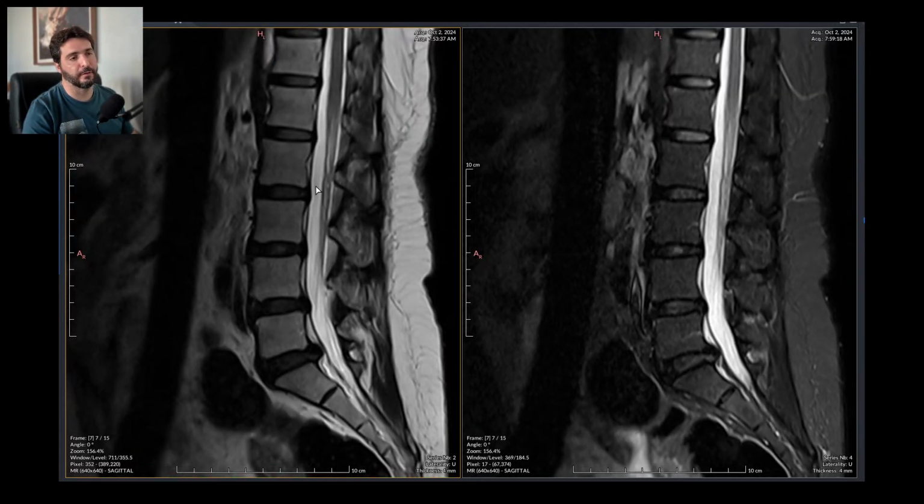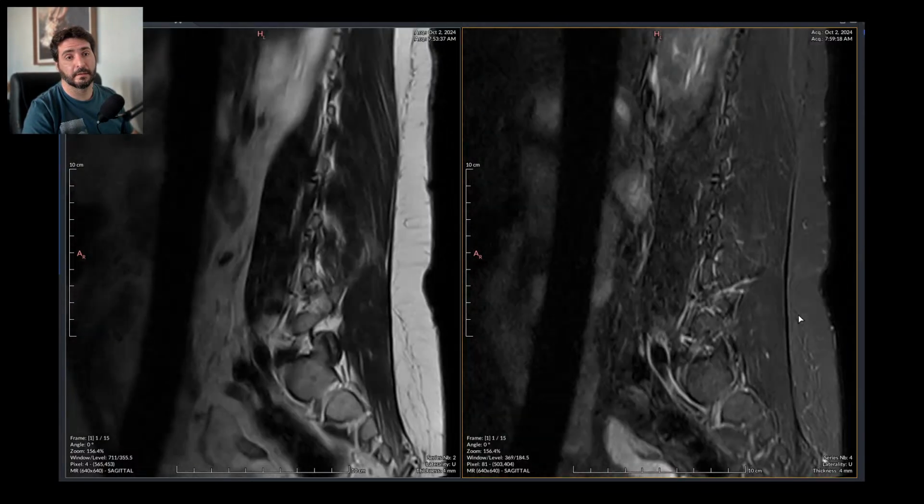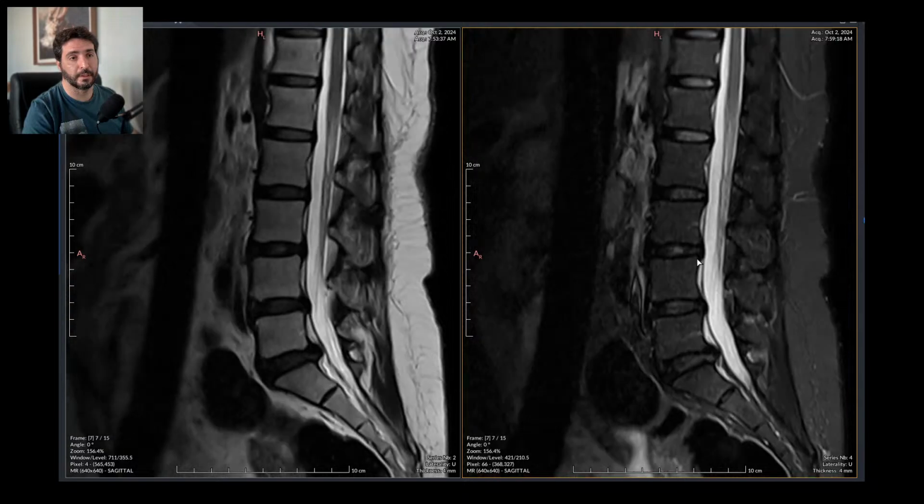The spinal fluid is also bright. So this is a T2. This is a T2 with fat saturation, or a STIR sequence. It has an inversion recovery pulse, and it just saturates the signal of the adipose tissue, so we can see